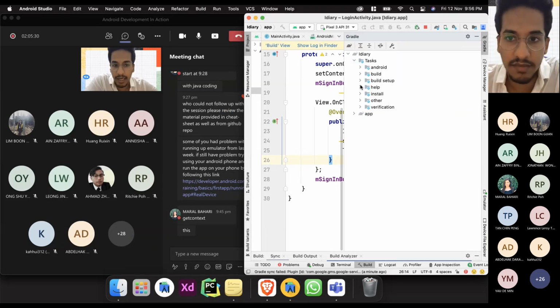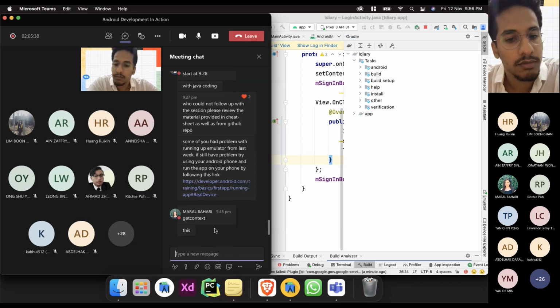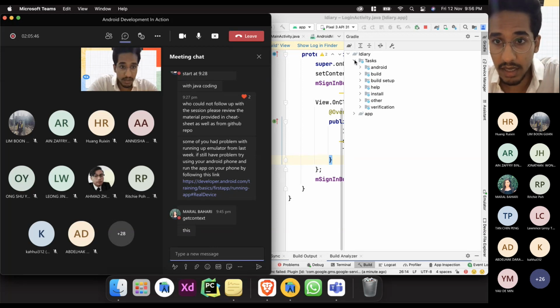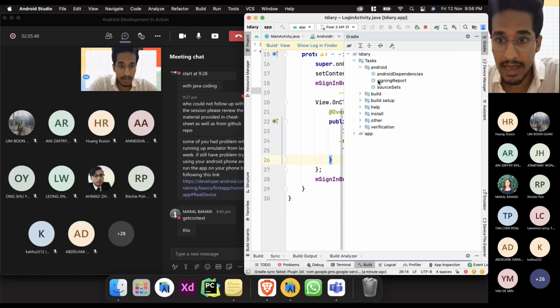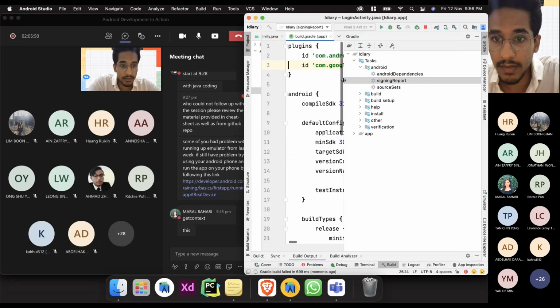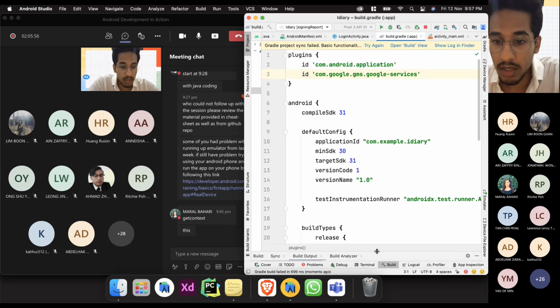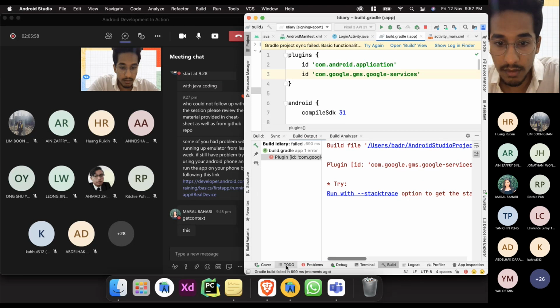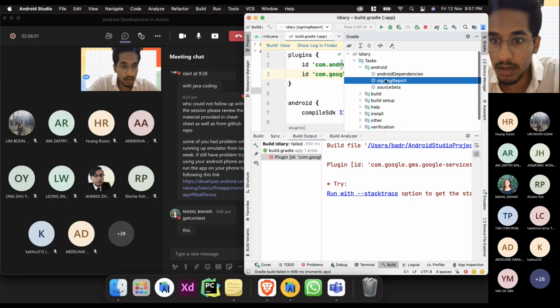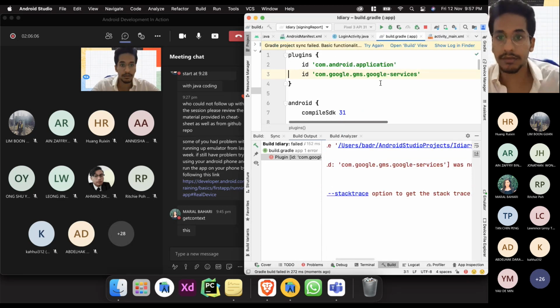If you can't find tasks, please write a comment in the comment section. Okay, so I assume that everyone has the tasks directory. If you have it, open it up, go to Android, and press on signing report. Now this signing report is going to